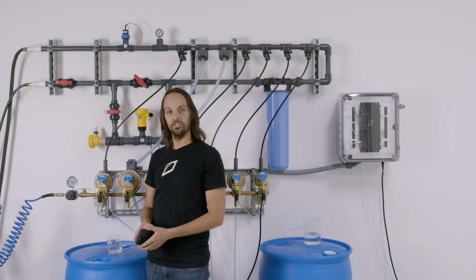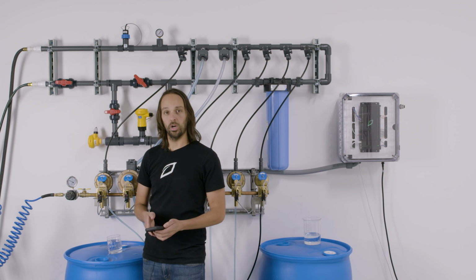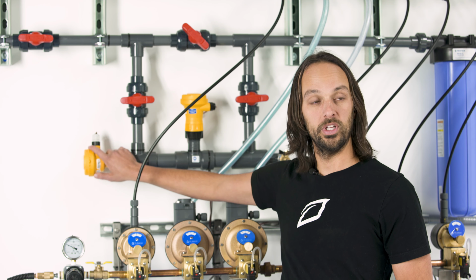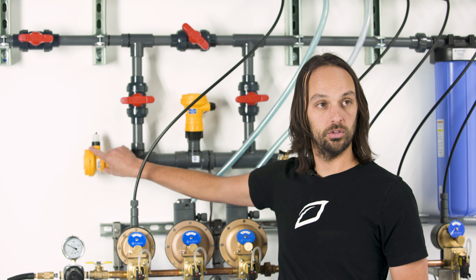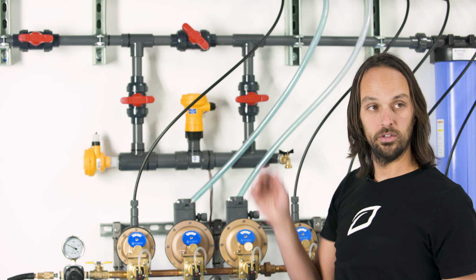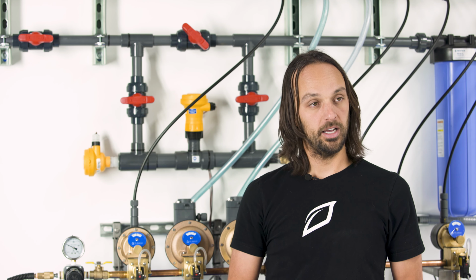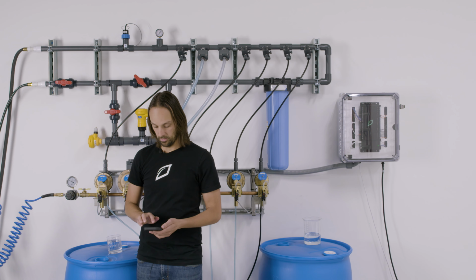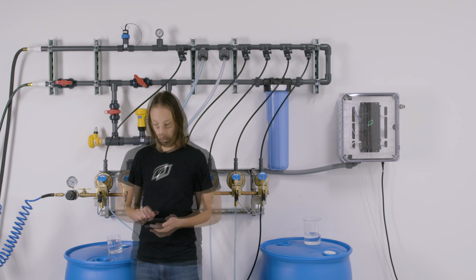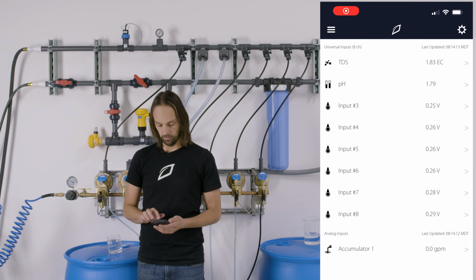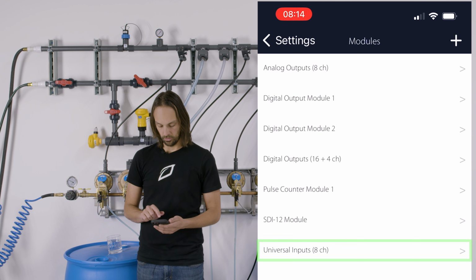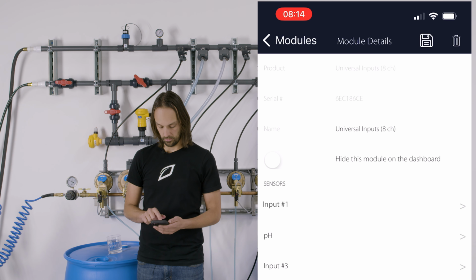Now we'll move on to the EC probe, which is a much easier process. The EC probe comes factory calibrated, so there's no need to put it in calibration solution right off the bat. The only thing you'll need to do is go into the Growlink mobile app and configure the equation for that sensor. So to do that, we'll tap on the controller settings again, tap configure modules, tap universal inputs, go to